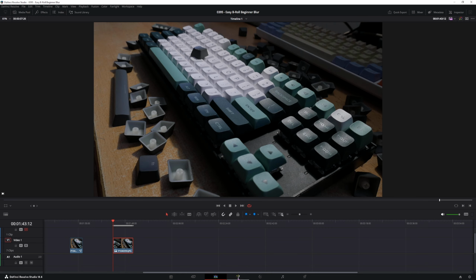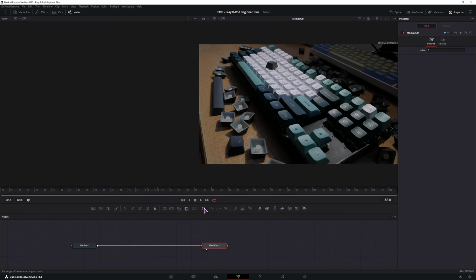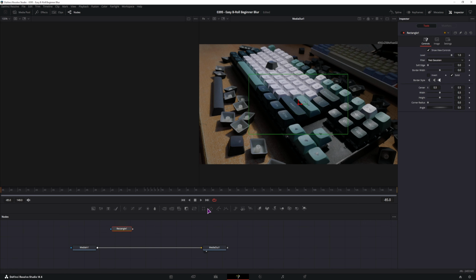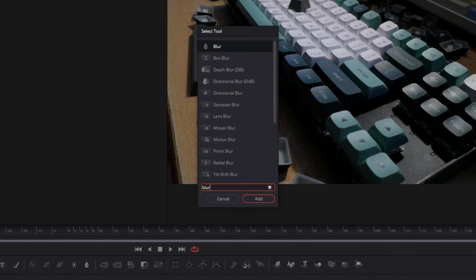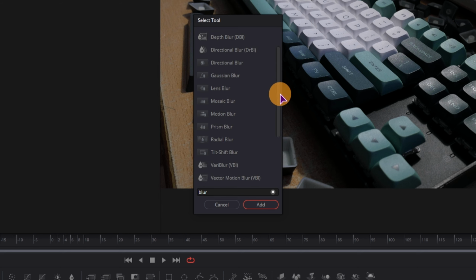So now I'll go into the Fusion page. We'll be using the masks, so we have the rectangle, the ellipse, and we can also use the polygon to make a custom shape. Then we'll use Shift Space, type in blur, and you have multiple options which one you can use. This all depends on what you want. I'll just simply use this one,